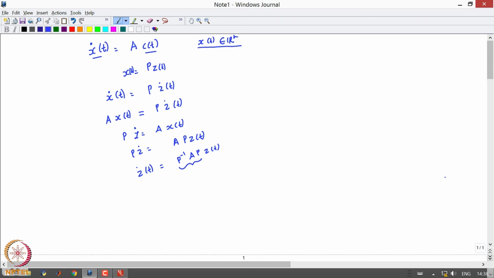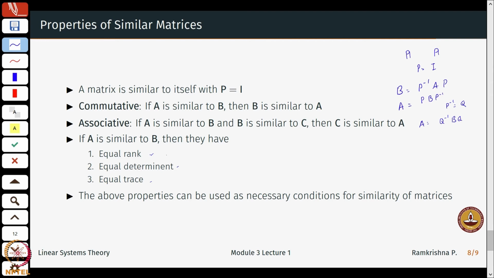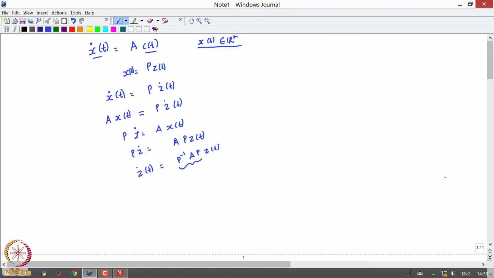Now, all properties of stability, if you remember vaguely, were related to the matrix A. So, here I just said that these have equal rank, equal determinant, equal trace. Equal rank is easy to find out. A very important concept I would always look at is what is the implication on stability, and stability had something to do with eigenvalues, or the basic properties of the matrix. Even in terms of my characteristic equation, the poles and so on. So, how do the poles of this system in x relate to the poles of the system in z? Let's quickly do this.